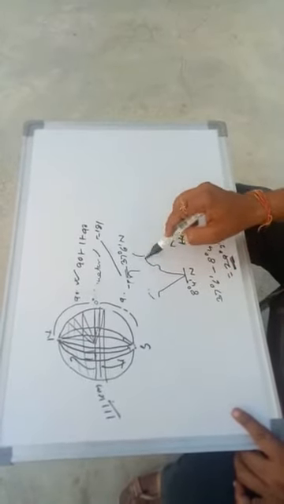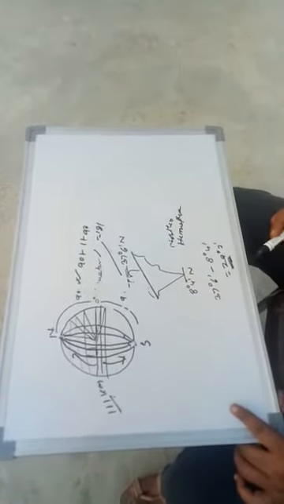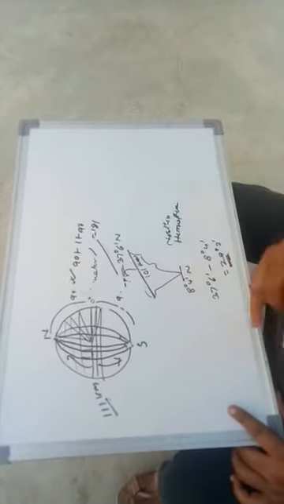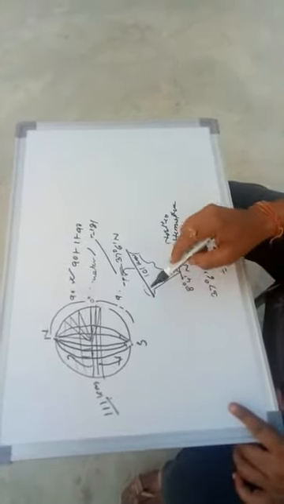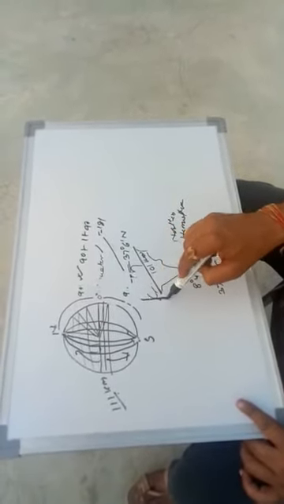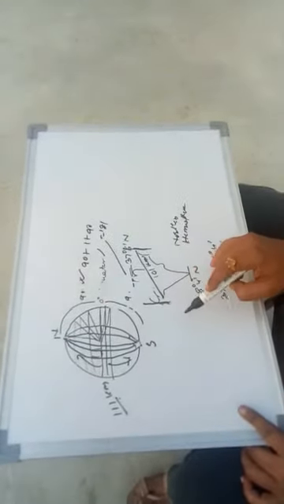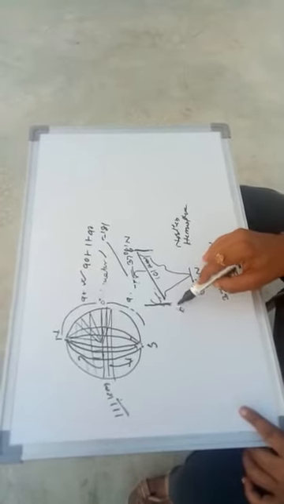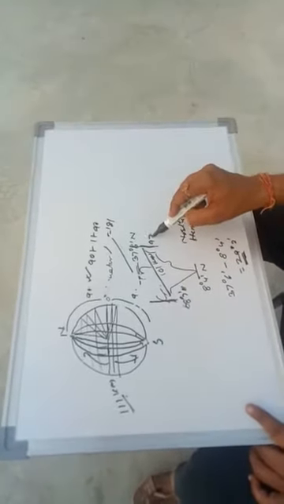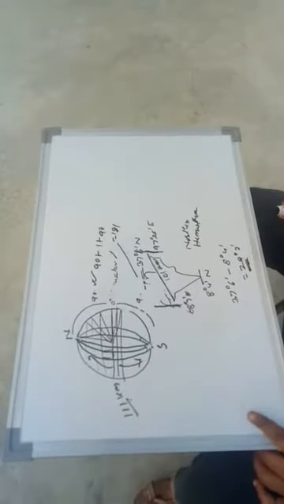But if we take India, where the east-west extension is the maximum, here it has been taken as 101 kilometers. This is the westernmost part of India. This is the easternmost part of India. If we see the longitude, it is 68 degree 7 minute east to 97 degree 25 minute east.